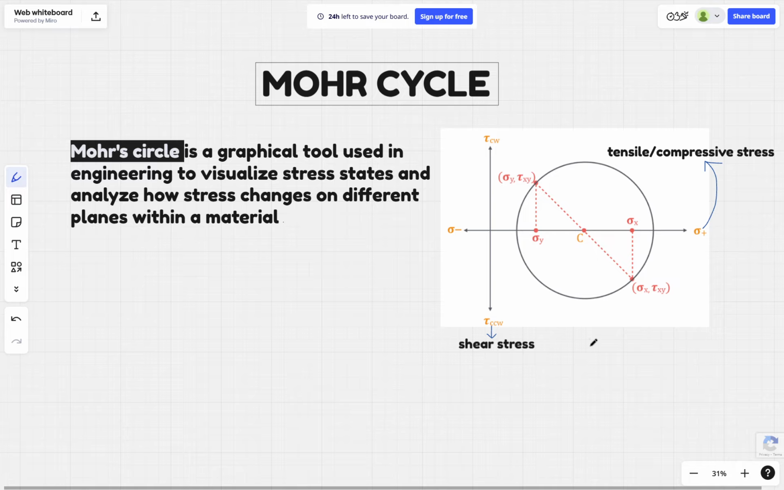This is a simple representation of motorcycle. In the x-axis we have the tensile or compressive stress, which is also known as the principal stresses, and in the y-axis we have the shear stresses. The upper one is positive shear stress, and in the lower we get negative shear stress. On this side we get the positive principal stresses, and on this side